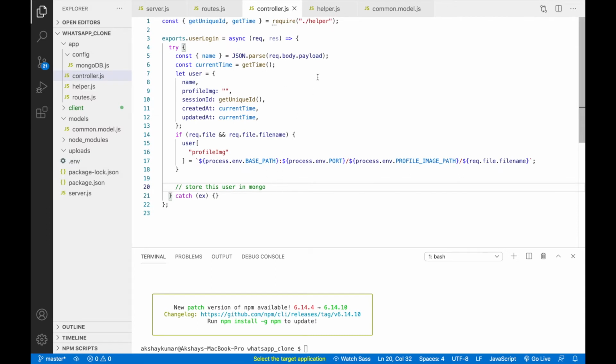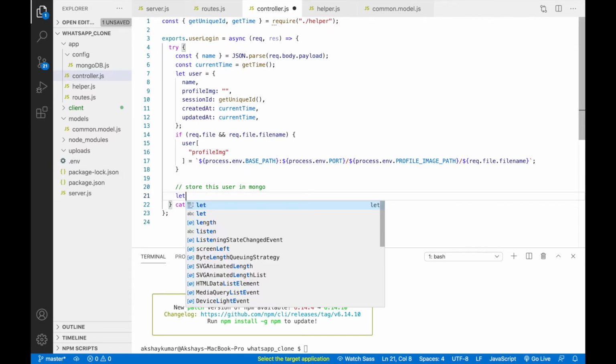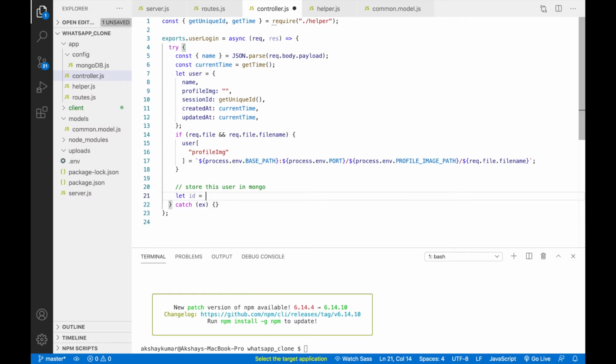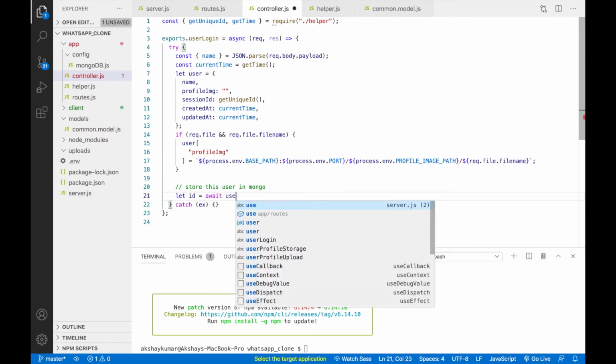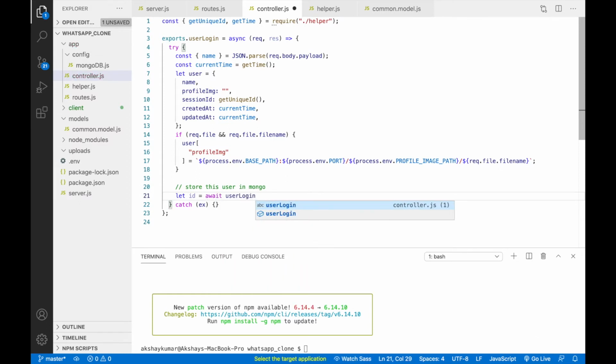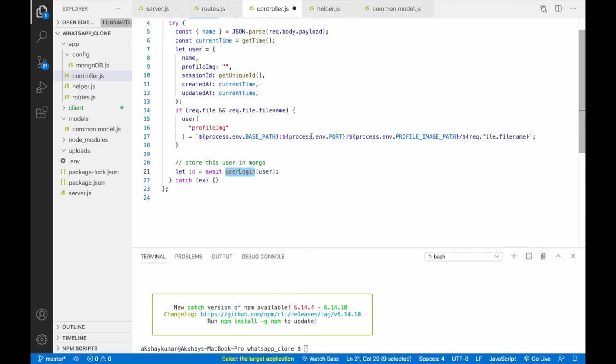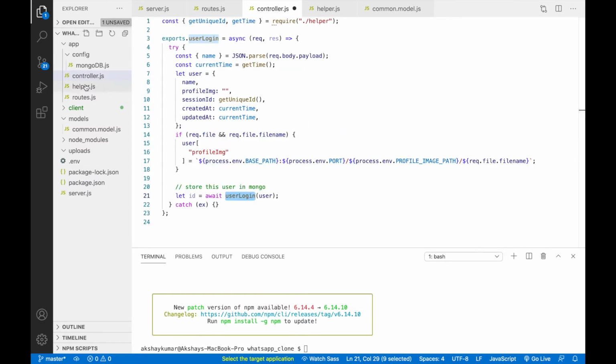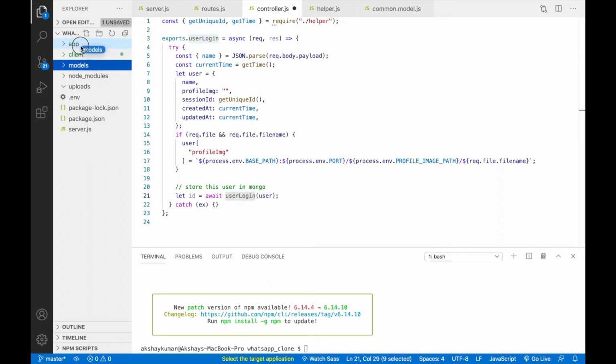Inside controller, here we can write let id equals to await userLogin, and we'll pass the user. This method is a model, so we have to create it now. Inside app, we already have a model folder. By mistake this is outside the app folder, so I will just move this inside the app.